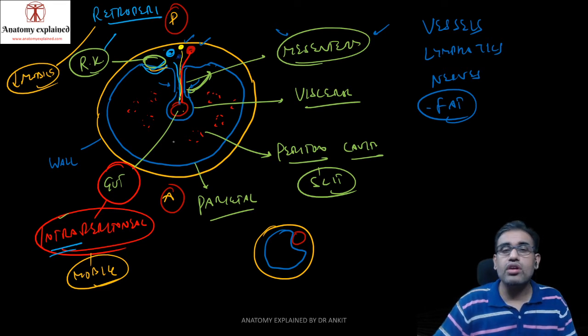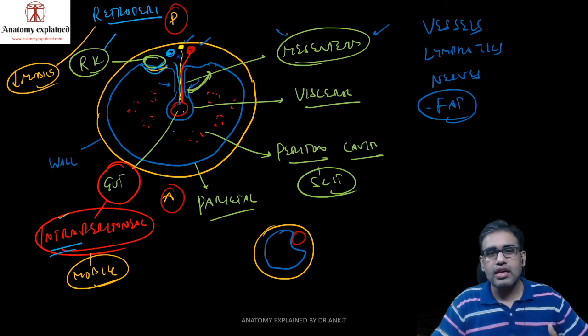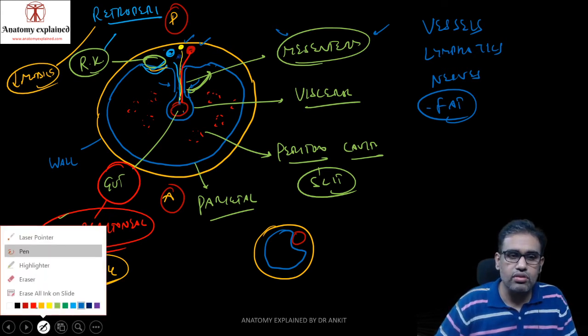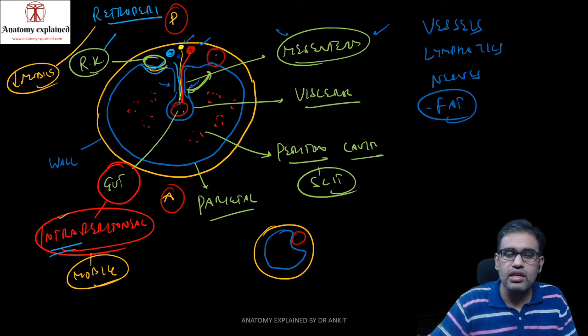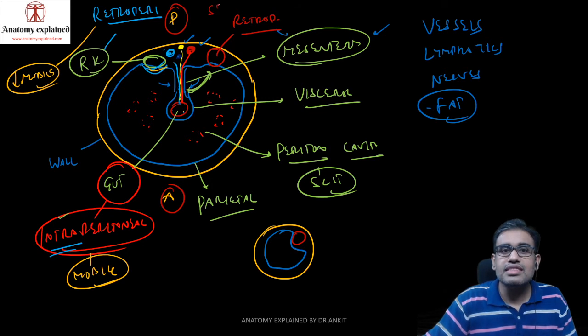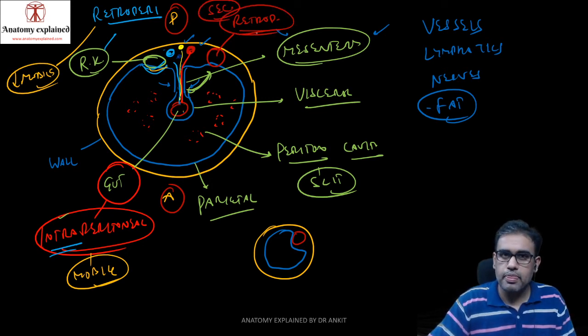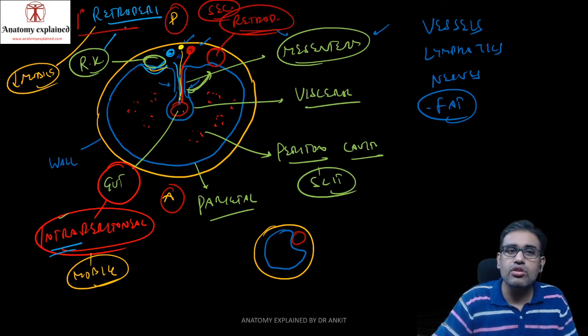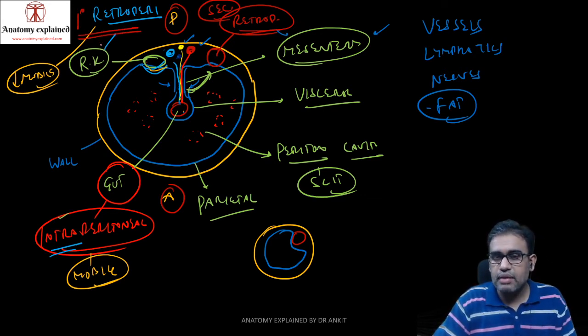So these sort of organs, which were initially intraperitoneal, but during development only, not later on, fell onto one side and then fused. These are also retroperitoneal because they have normally become retroperitoneal. But if we make this organ again over here, that it went from here to here, these organs are retroperitoneal, no doubt about it, but they will be known as secondary retroperitoneal. And those which were retroperitoneal from the beginning are known as primary retroperitoneal. So: primary retroperitoneal, secondary retroperitoneal, and intraperitoneal.